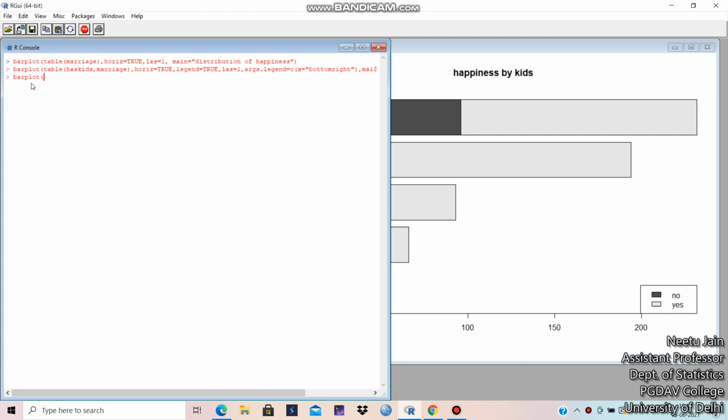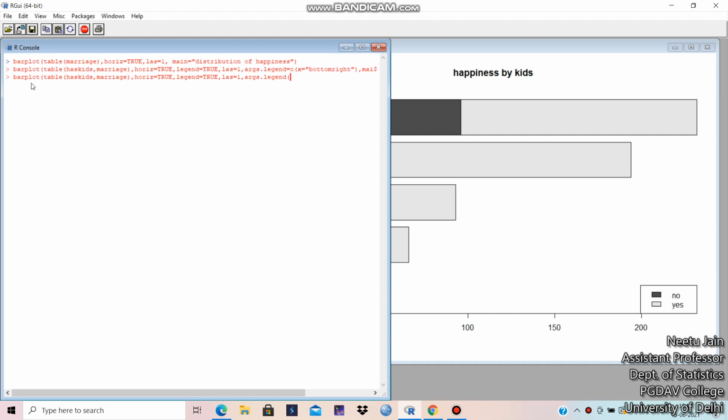Barplot table hasKids, comma, marriage, horiz equal to TRUE, comma, legend, same, legend is also TRUE, las equal to 1 I'm taking. And now the placement of these legends.